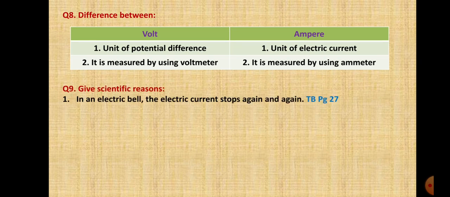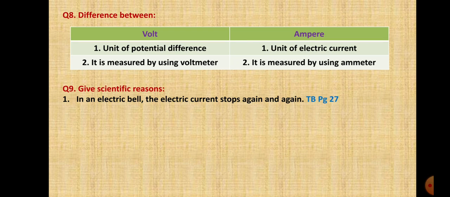Then the next is, give scientific reasons. The very first is, in an electric bell, the electric current stops again and again. Now this answer is given in the textbook on page number 27. So open page number 27. Electric bell heading is written with red ink. So in this you will come to the